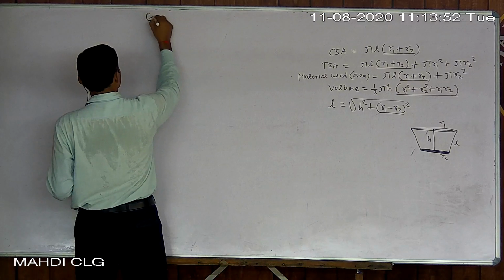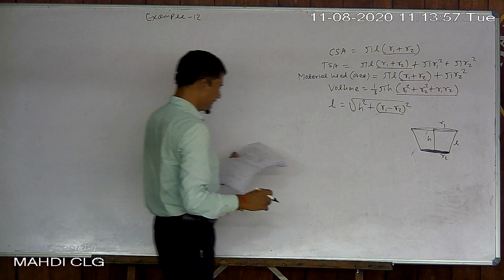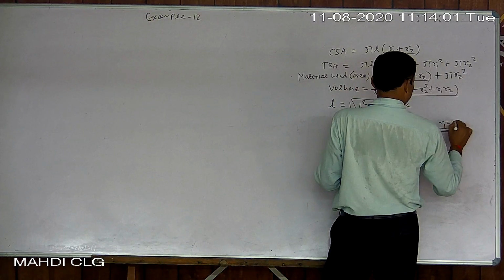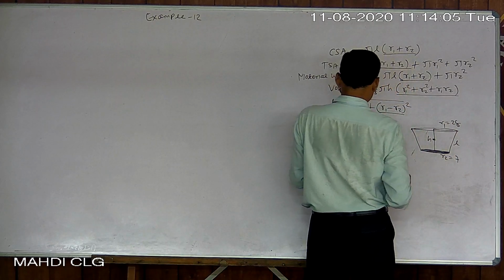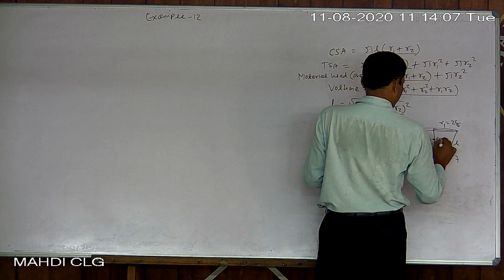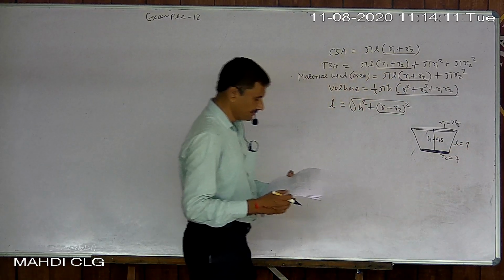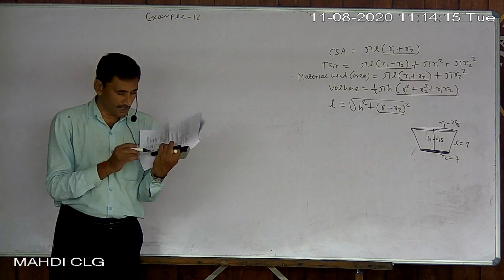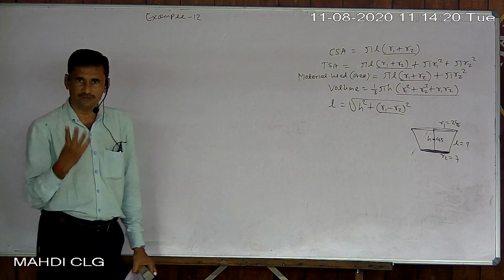Now there is one problem I am talking about, that example number 12. I just place here all the values. R1 is given 28, R2 is given 7, height H is given 45, L is not given. We have to find that because area is required. Find volume, curved surface area and total surface area. All three parameters are required, means in one question given.